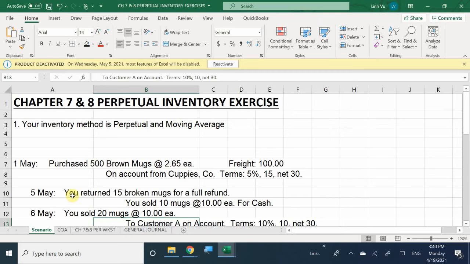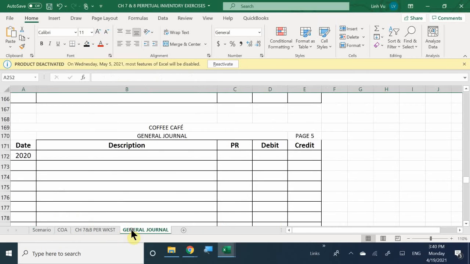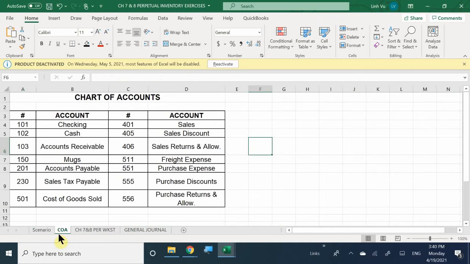For May 1st, we purchased 500 brown mugs at $2.65 with a freight costing you $100. Once again, we place this on account from Cuppies Co. with the terms of 5% 15 net 30. So how are we going to journalize this? Okay. First, let's go ahead and take a look at our chart of accounts before we